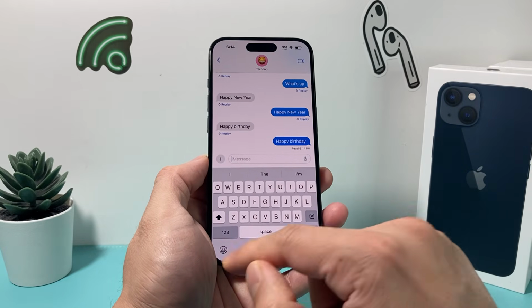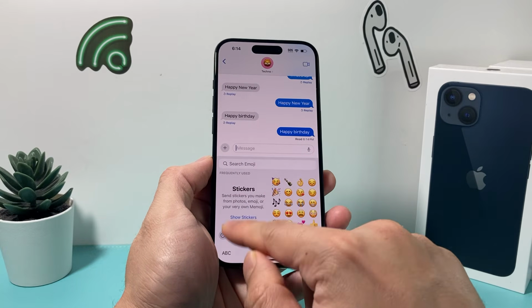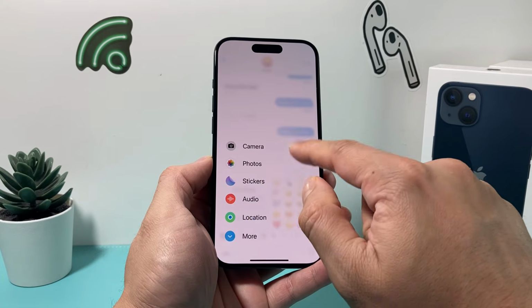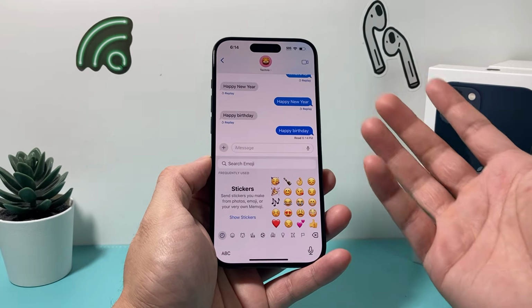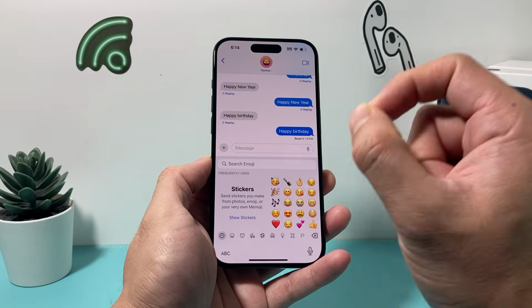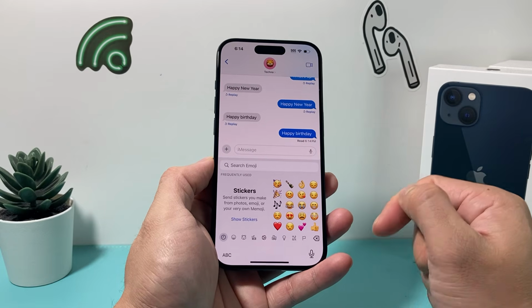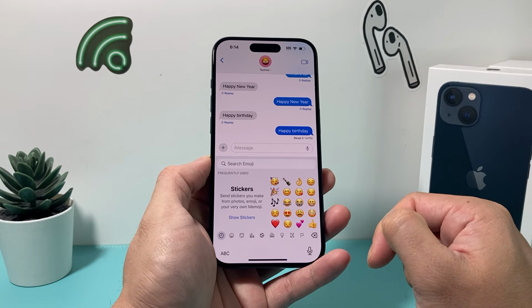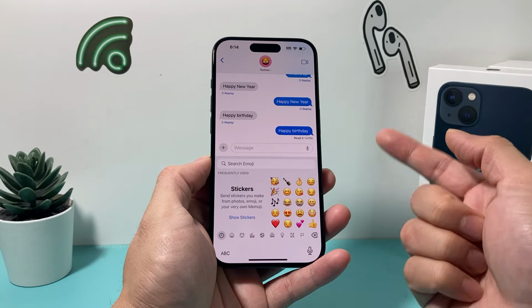And like I said, you can use even an emoji, or you can send a photo or a sticker as well, or even an audio message, whatever you choose to. As long as there's something in the message box, you can activate that celebration special effect to send to your